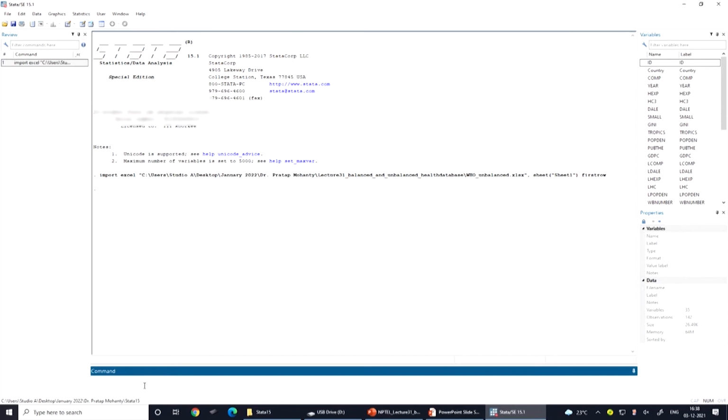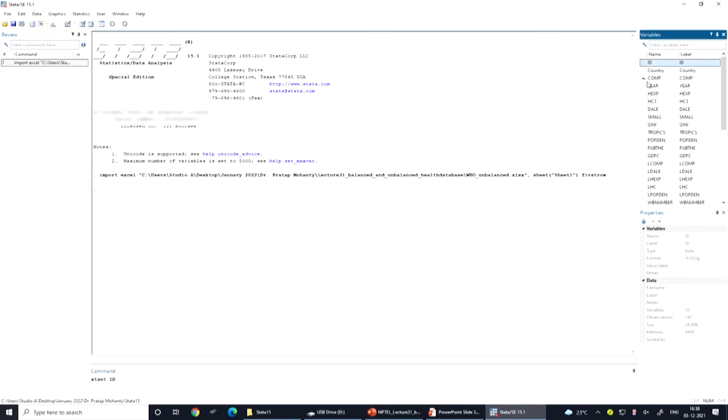Then I am going to open the command, going to run the command to show you whether the data is in fact unbalanced or not. We have opened an unbalanced panel. I am just going to specify it. Okay. So, I am giving you 2 dimensions. One is the ID, that is the observation dimension. Second one is the time dimension. Okay. So, now with enter we can find out the result. The xtset is defined through its ID variable and year.